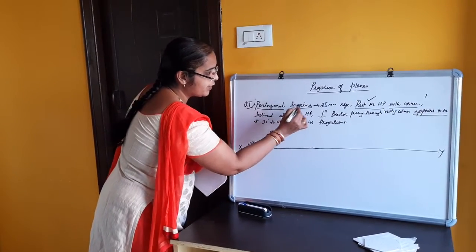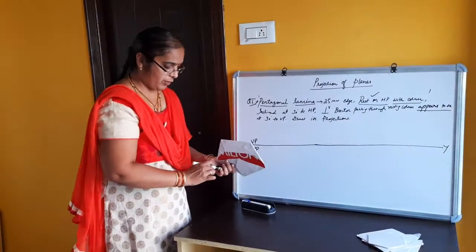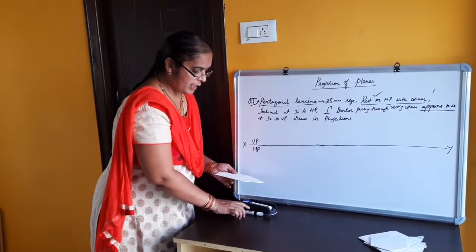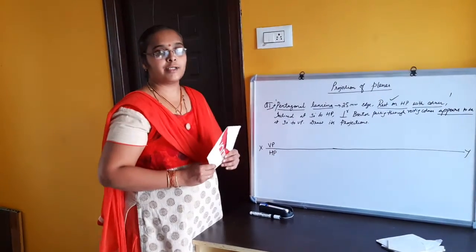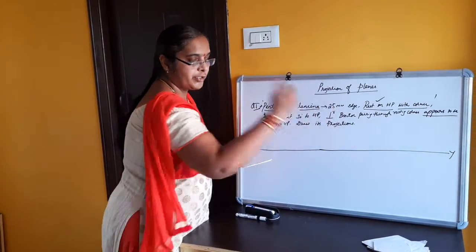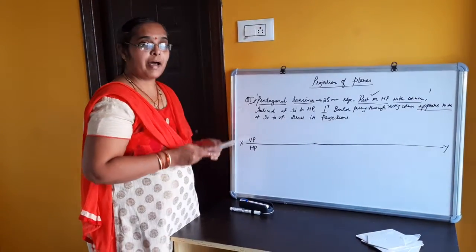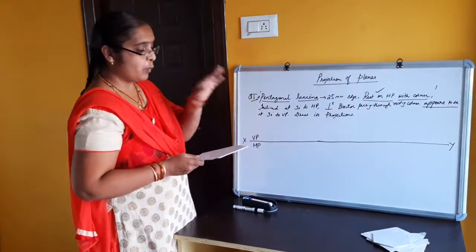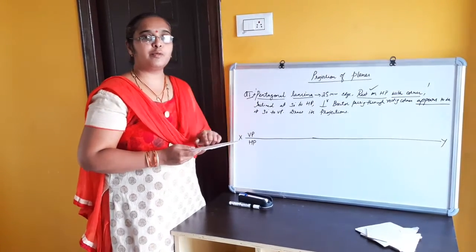Since it is resting on HP, you have to start the solution from HP. Why? Because in the first stage, I am going to assume that the lamina is parallel to HP. As I told you, this problem will be solved in 3 stages. First stage, I am going to assume it is parallel to HP. Why? Only when it is parallel can we see its complete true size.